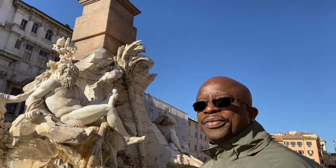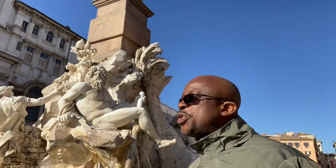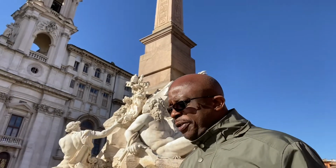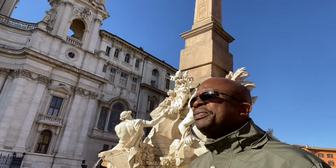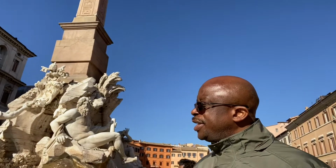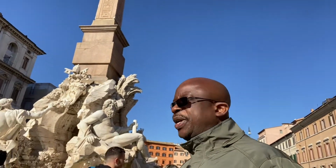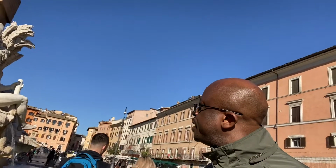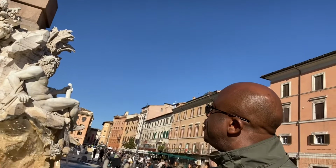The Americas, Asia, Africa, and of course the 4 continents, the great continents of the world. So Africa was represented, Asia was represented, the Americas was represented, and Europe, of course, where we are, was also represented. So you can see these great sculptures. It's very interesting because here,